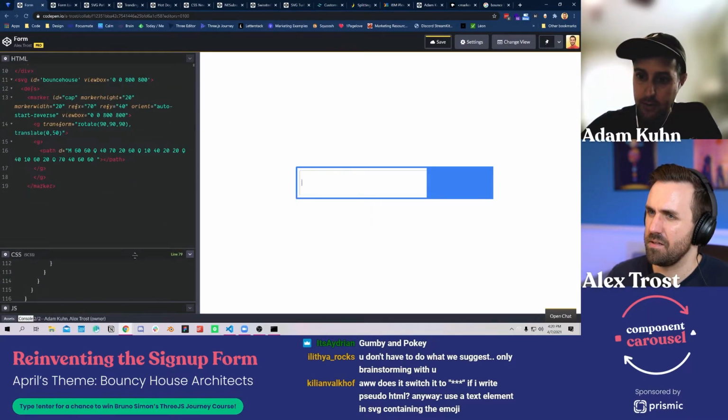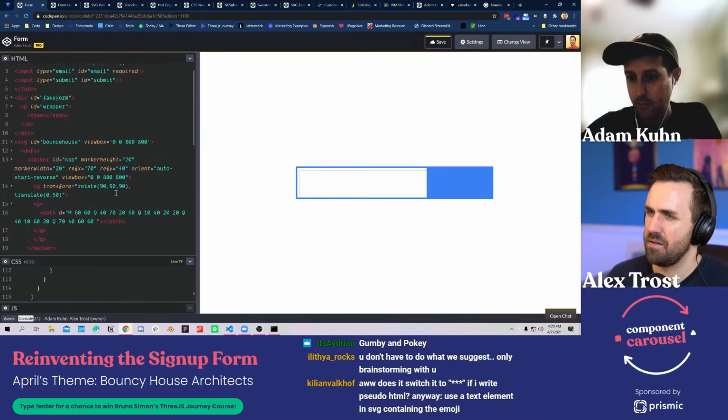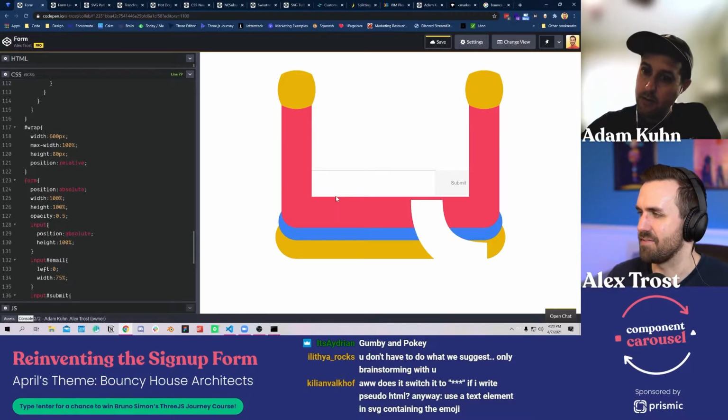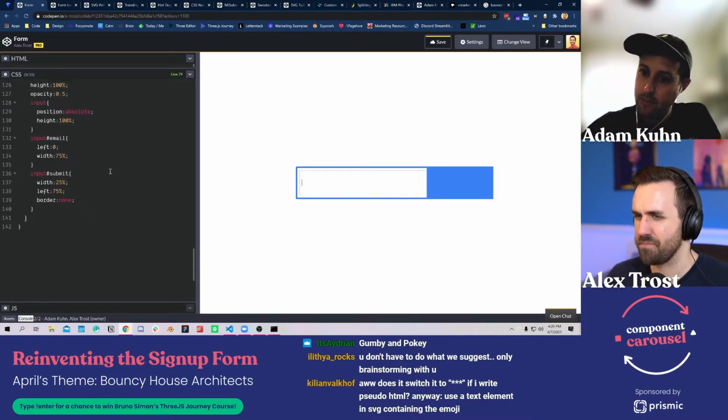All right, so there we should have a slide that's kind of like a half circle, or a quarter circle. Yeah, you see it?